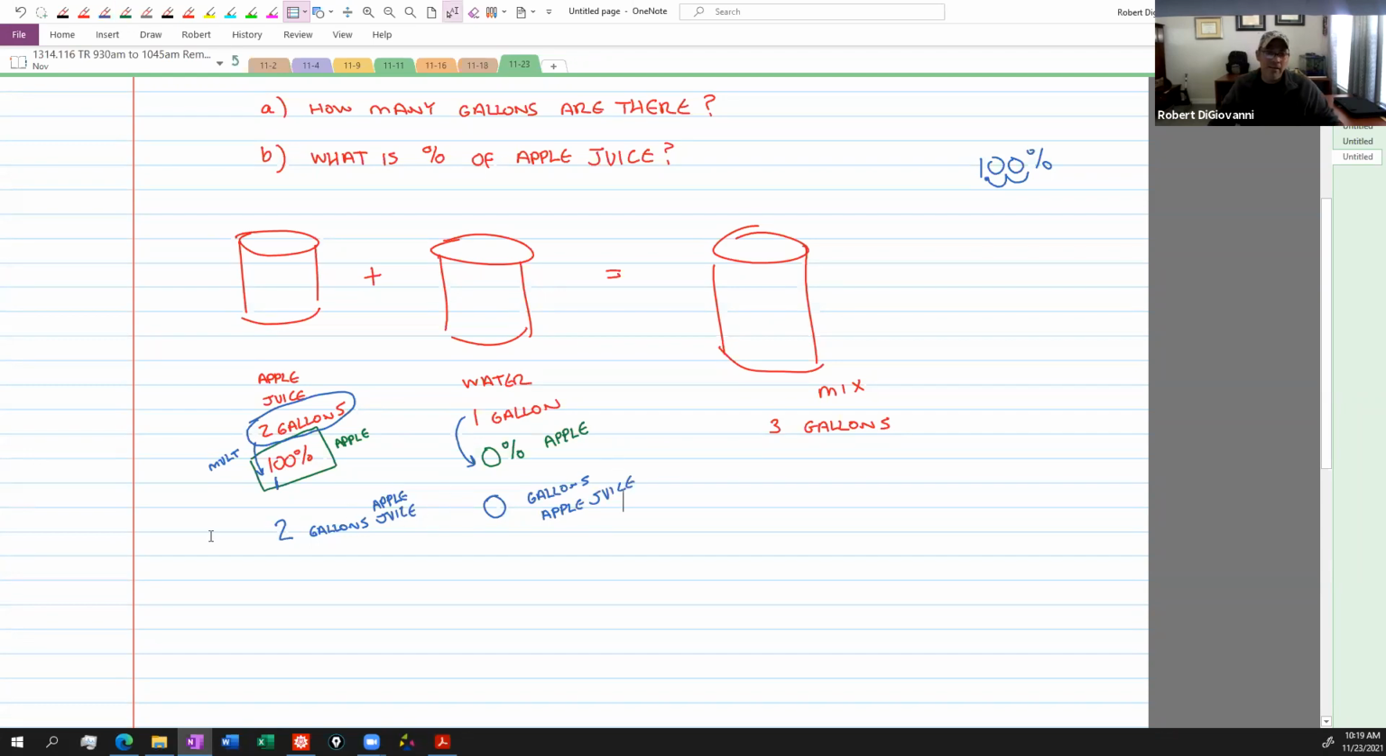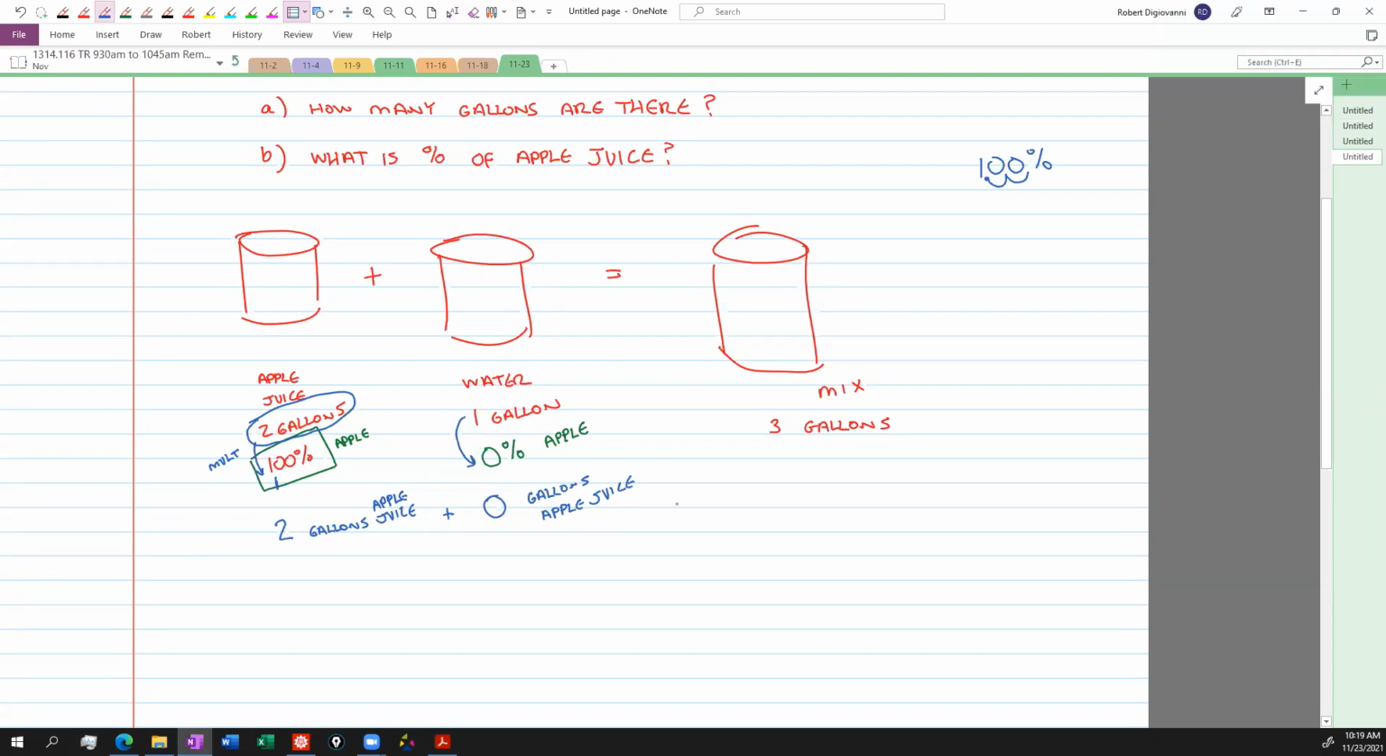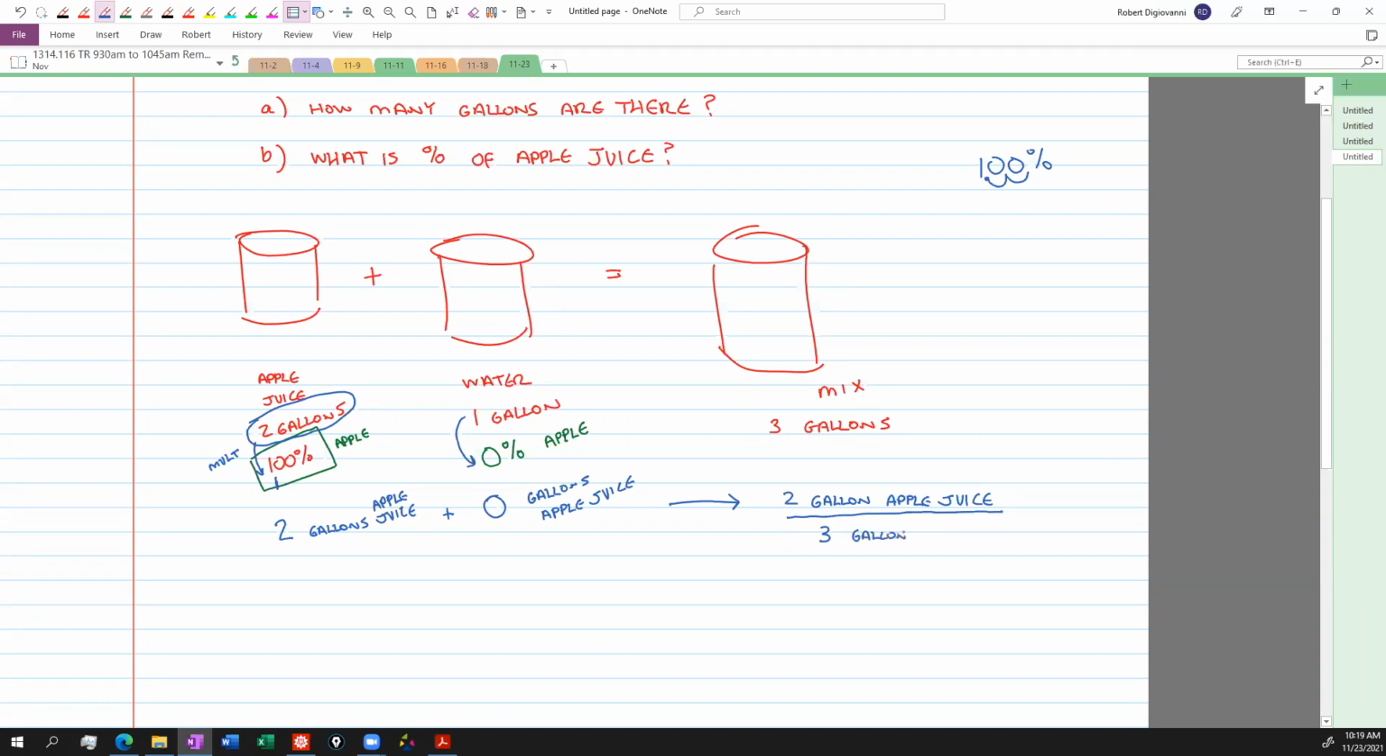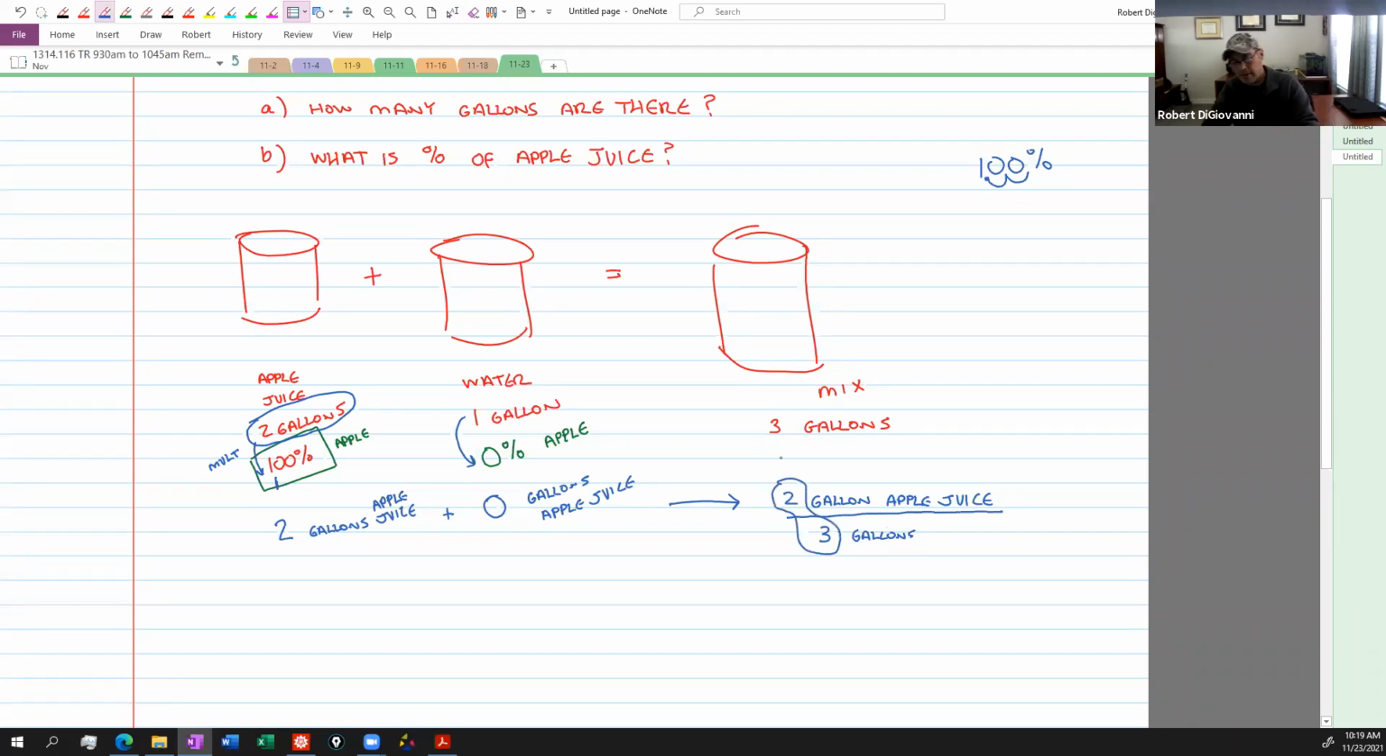So what's my total gallons of apple juice here? If I add these two together, what's my total? Just 2 gallons and then 0, right? So when I add these together, I have 2 gallons of apple juice. But that's out of what? How many gallons total in the mixture? 3, right? 3 gallons. 2 out of 3. Just do this on your calculator. 2 divided by 3, and you will get